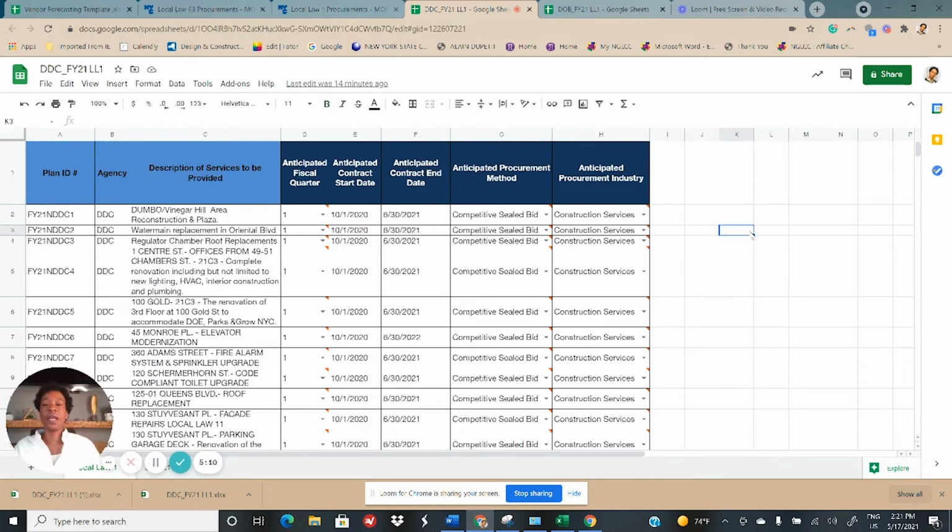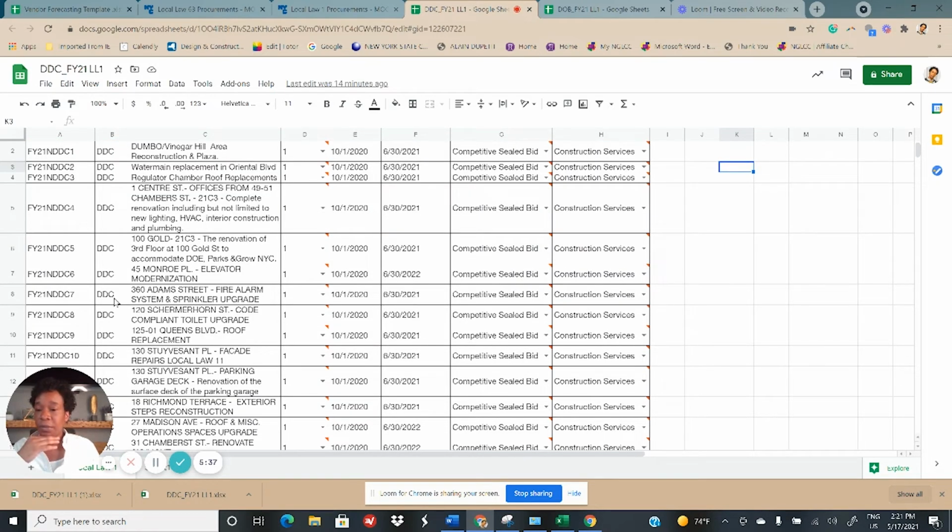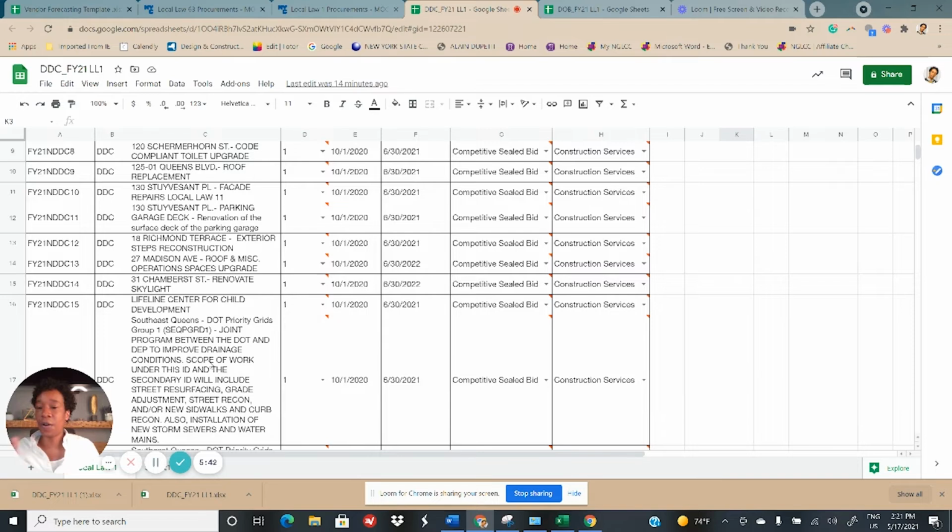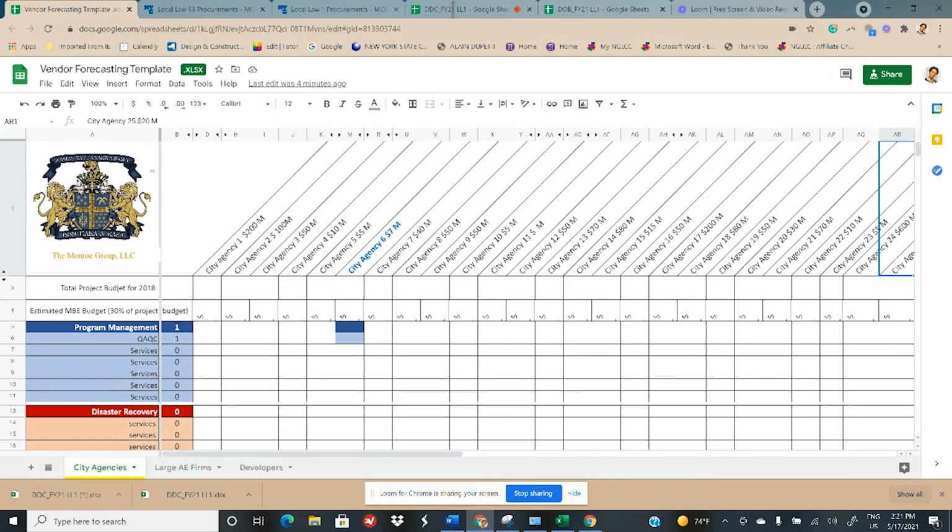In this PDF, it goes through basically what they anticipate spending money on, what their projects are, and how they relate to you as buyers. This is where you would take this information and go through here. You would see the contract award date, you can see what kind of bid it is, the anticipated industry, and the description of service provided. You will then be able to take some of this, roof replacement, facade repairs, all these things, and this has a lot right here, and then upload it into